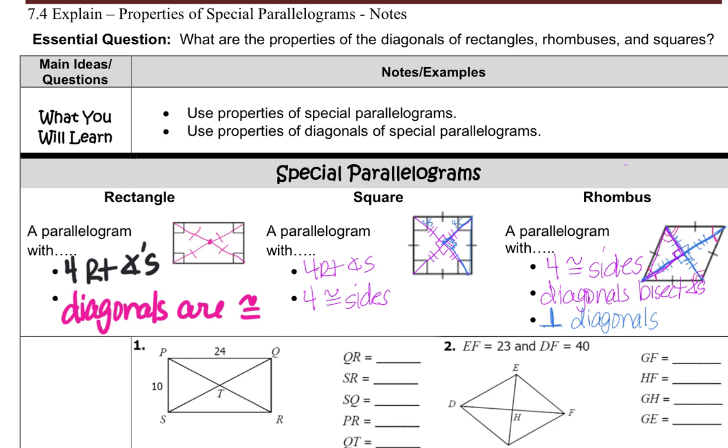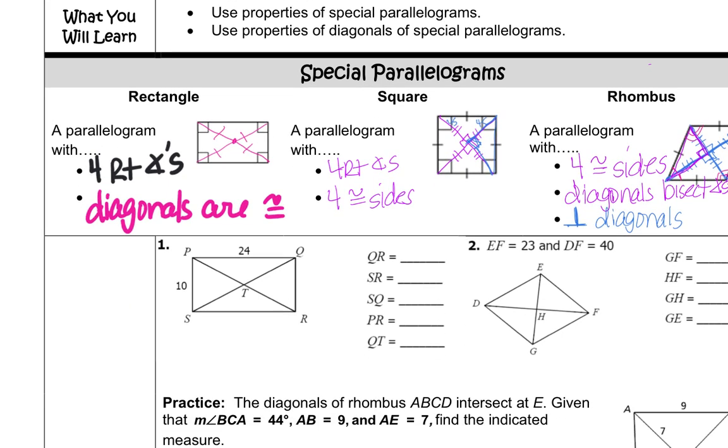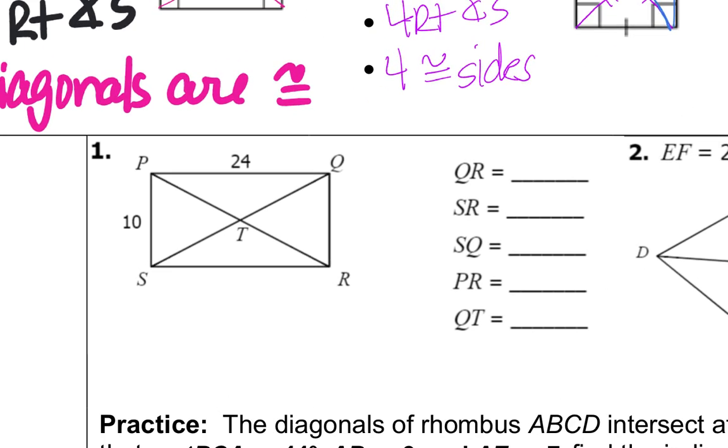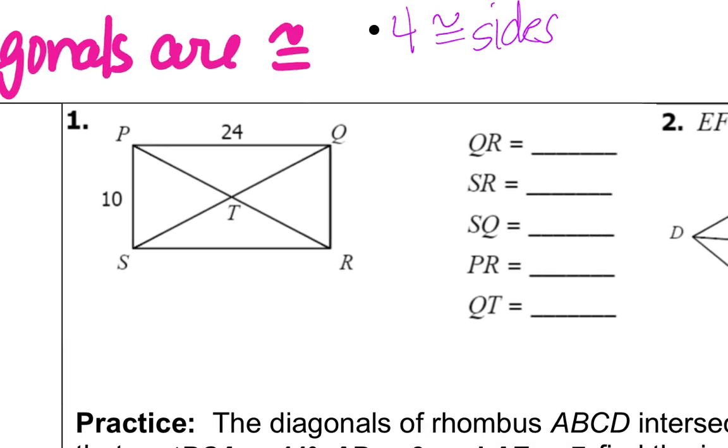So we are going to do some examples finding what's missing, and then you're going to get to practice all on your own. All right, so number 1. So number 1, go through, and again, I'm going to go through, find everything I can, and then go from there. So remember,